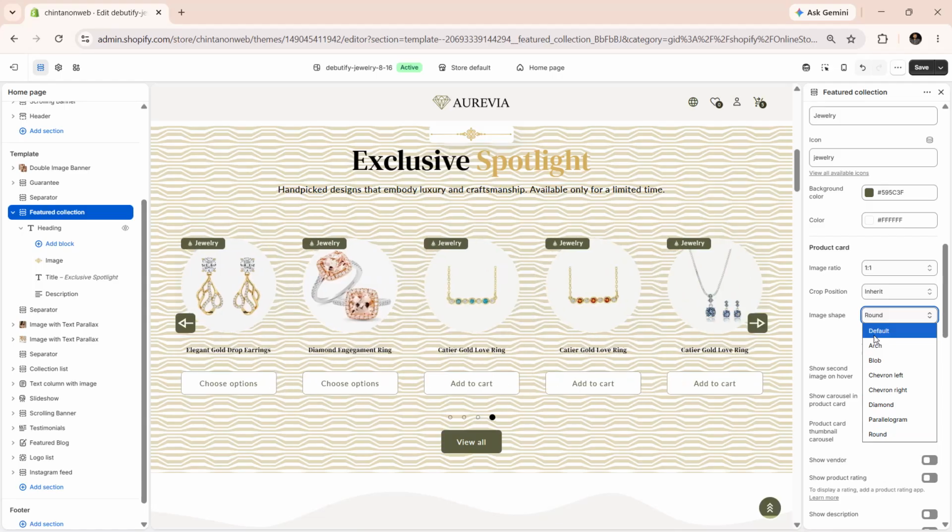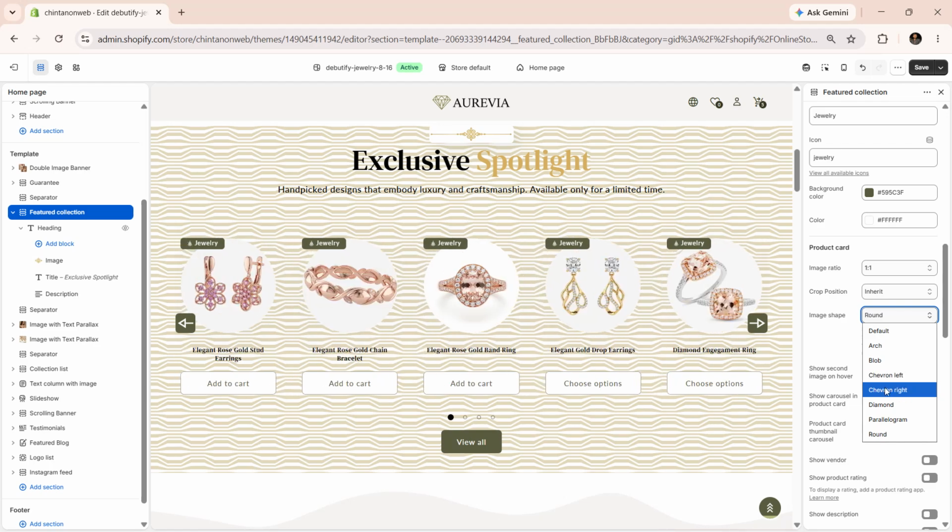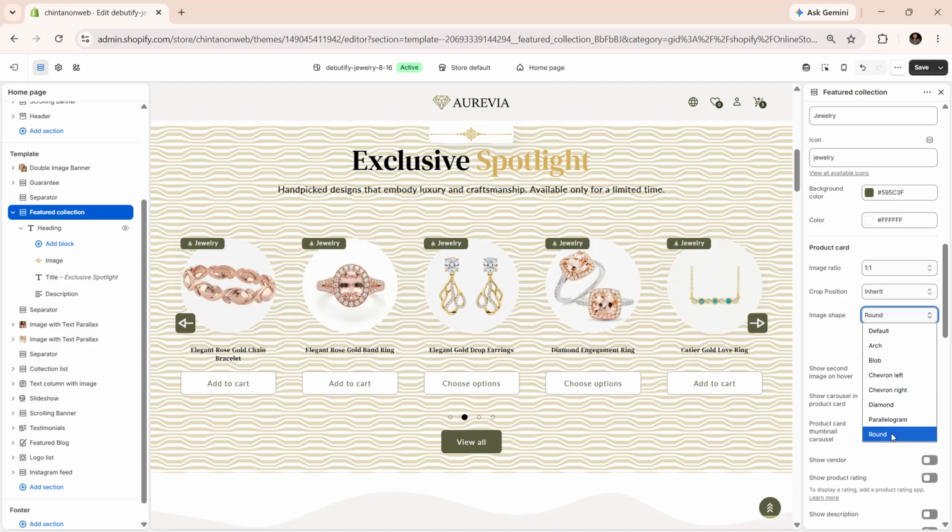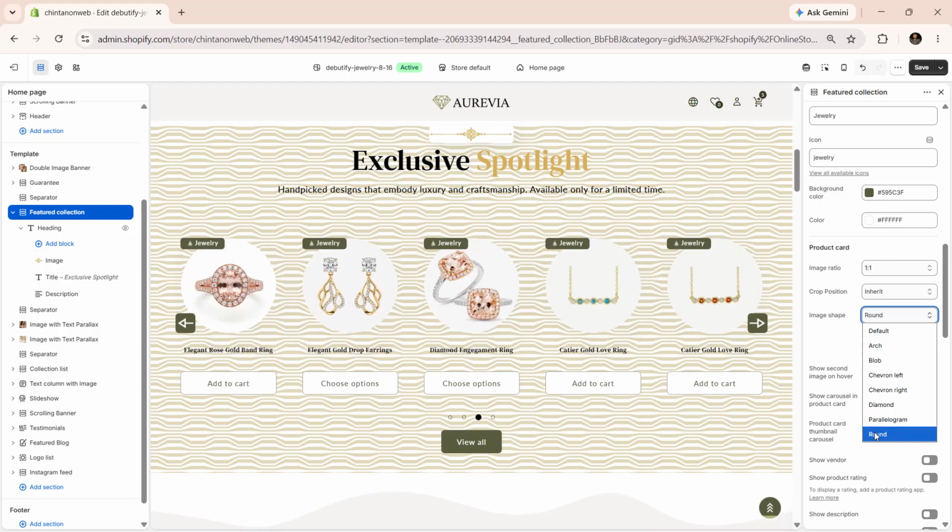Options like Default, Arch, Blob, Chevron Left, Chevron Right, Diamond, Parallelogram, or Round add a creative and unique touch to your layout. These shapes help break the standard grid structure, making your storefront more visually engaging and aligned with your